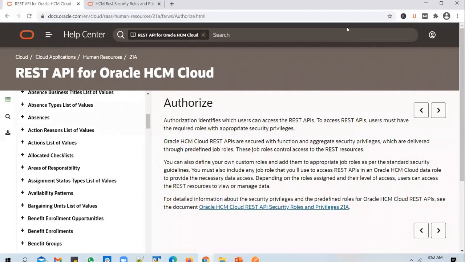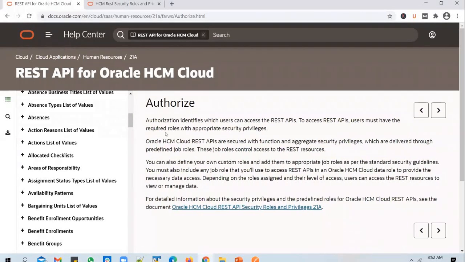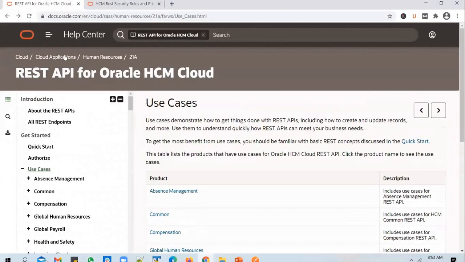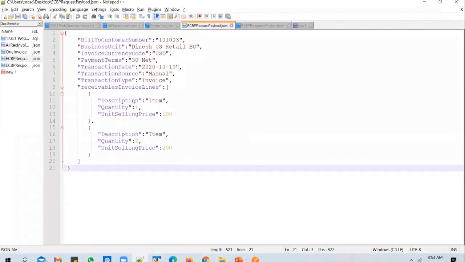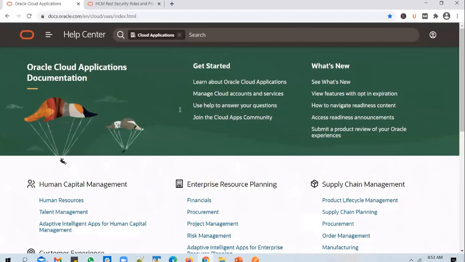Any other questions, guys? Yeah, Prasad. Yes, sir. This DFF field, can we get it into seeded APIs? Yeah, the APIs also give you a provision to pass in attribute values as well. If you pass in attribute values, those values get loaded into DFFs. That should not be a problem. So in this payload, if you want to load some attributes into some DFF values, you can also pass in attribute values, and those values get loaded into the DFFs.